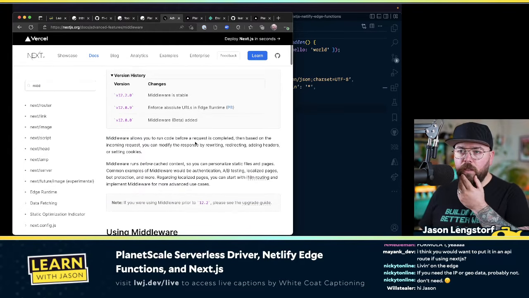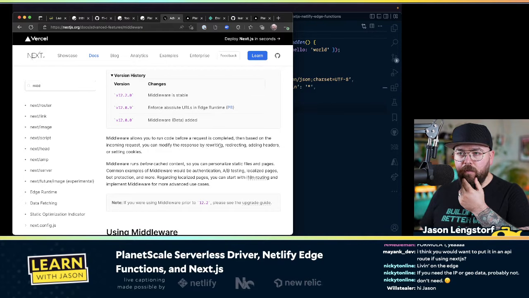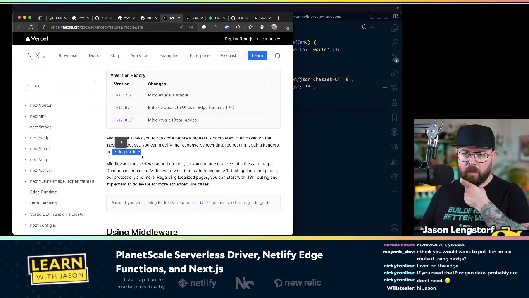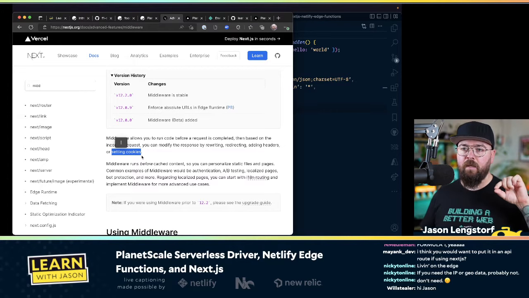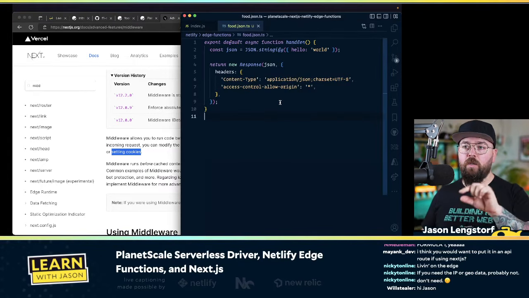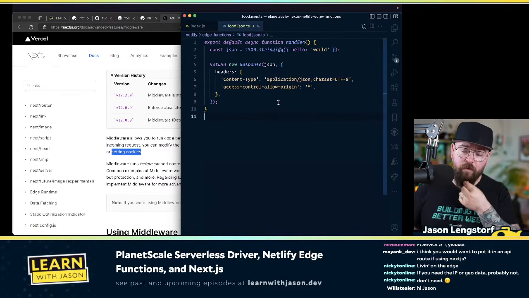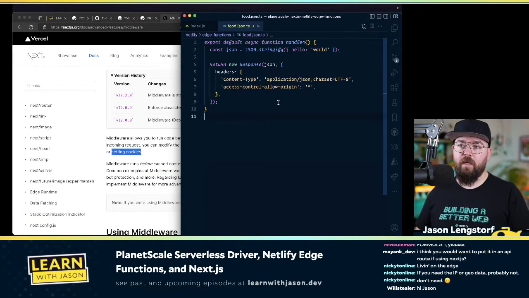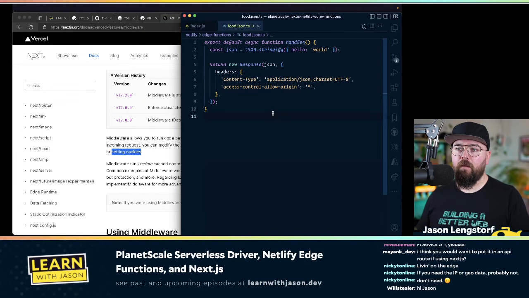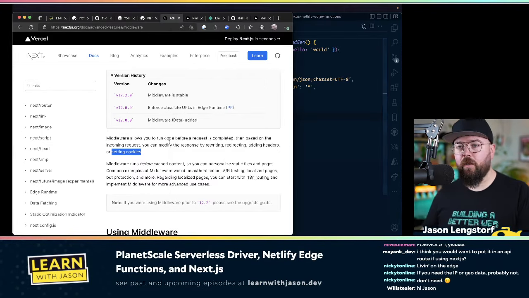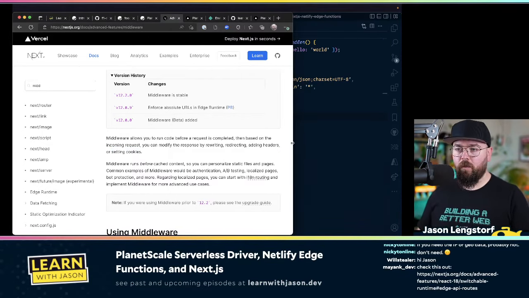So the middleware runs code before a request is completed, and you can either rewrite, redirect, add a header, or set a cookie. So I guess we could put it into cookies, but we couldn't rewrite the response or anything to put the data in, which we could actually do here. Actually, that might be a fun thing to try, would be to choose a food from. Let's do that actually. Okay, so we won't be able to do this with middleware because middleware doesn't have enough